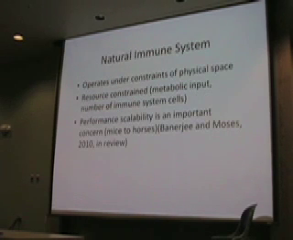Very surprisingly, the natural immune system also operates under the same constraints of physical space. There are constraints of resource, so the amount of metabolic input that you can have into the natural immune system, the number of immune system cells that you can have to fight a pathogen, and performance scalability is a real